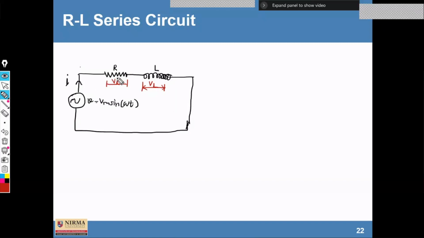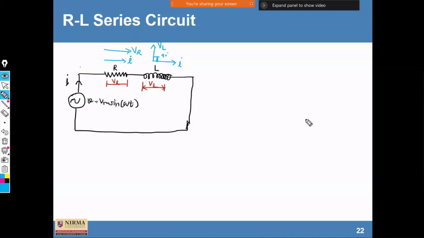Now we can even draw the different vectors. So the VR vector and vector current I. Similarly, VL and vector current I. If we consider that the current is common in the AC circuit, then we can represent the current vector as a reference vector or common vector. So in that case, VL is always leading by 90 degrees in a purely inductive circuit. So this is 90 degrees. Getting my point?